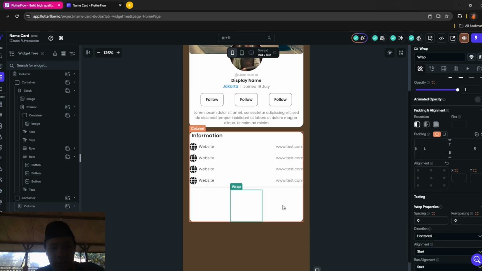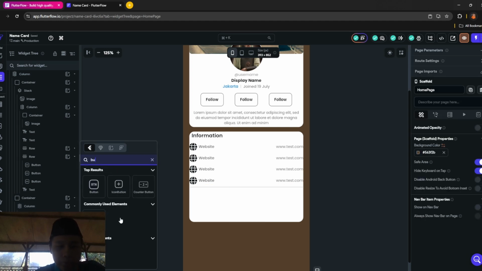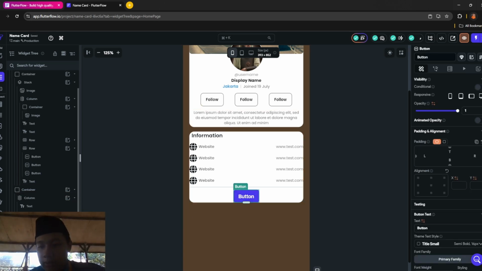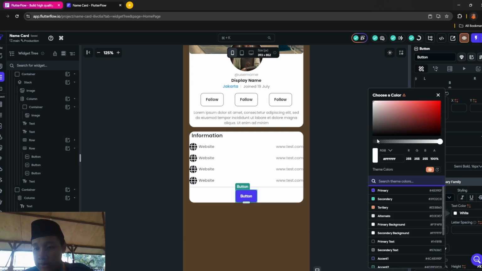And then in this wrap you want to add a button, make one, and then you want to duplicate it. Make it like the follow thing, button size 14, maybe 12, the text color is black.